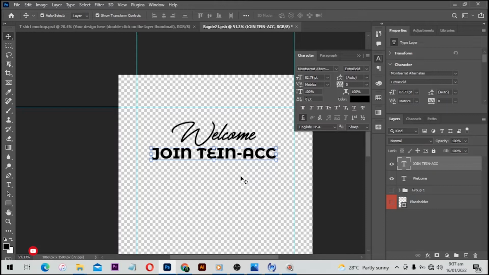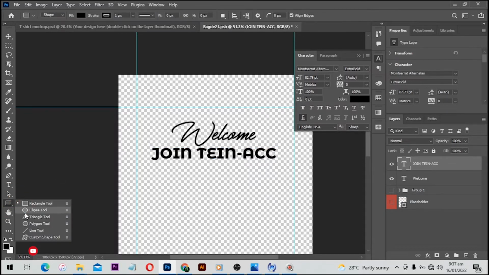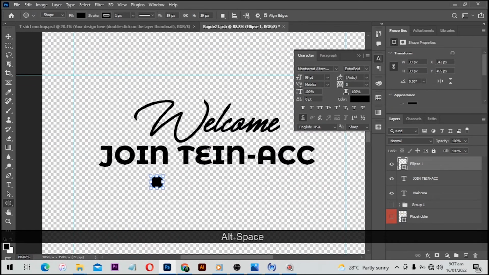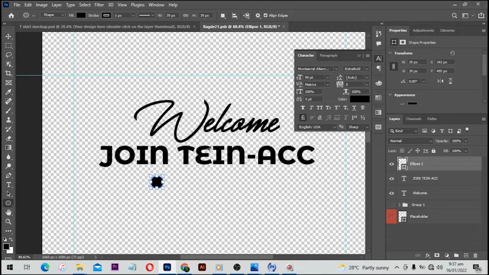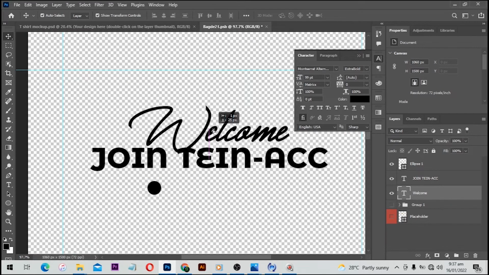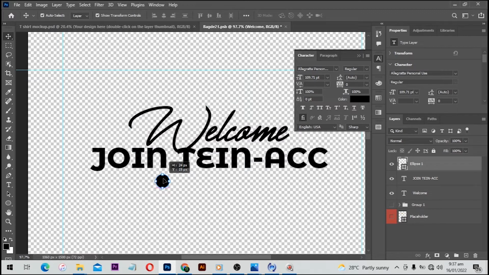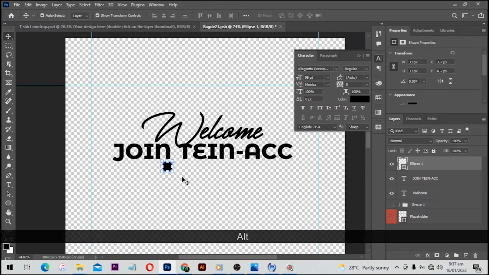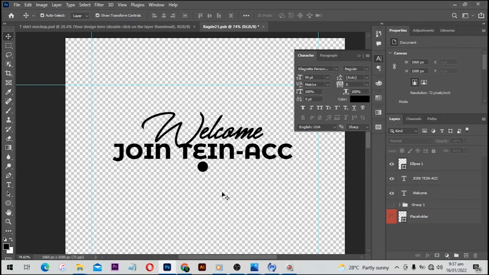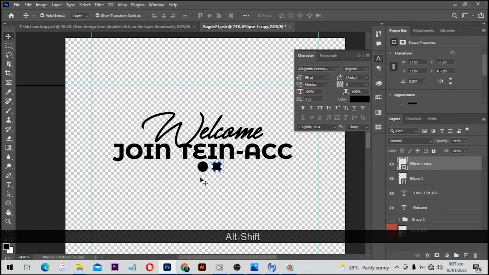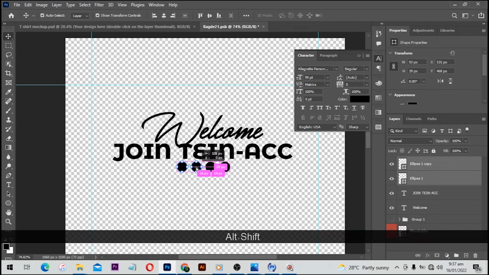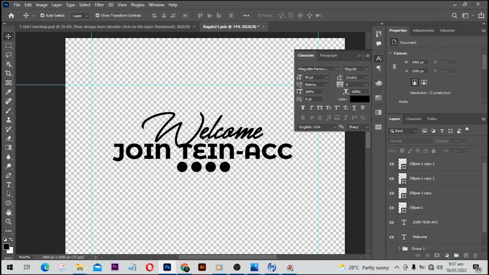Next I'm going to add shapes. With your ellipse tool selected, make an ellipse just like this and then zoom in. So to zoom in, Ctrl plus to zoom in and Ctrl minus to zoom out. Then I'm going to bring this one a little close like this and bring this one also close like this. Then to have everything centered, select all of them and then click on center. So with this we are going to have this one centered. I'll make a copy here, select both of them, drag it a little bit here, and then I'll make another 2 copies here.